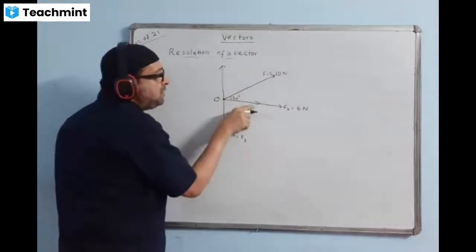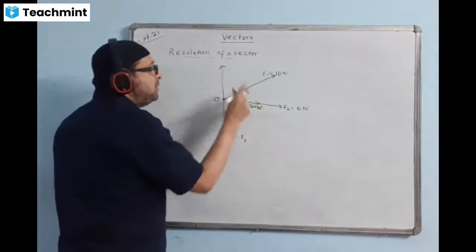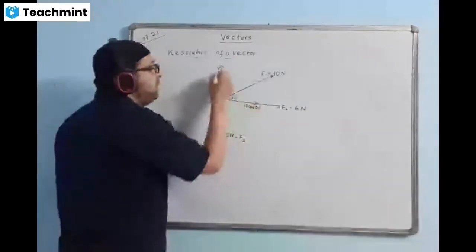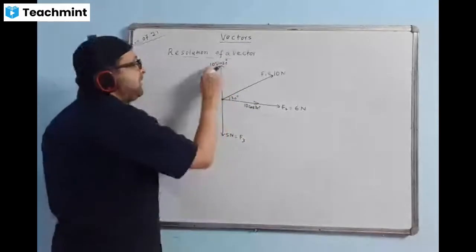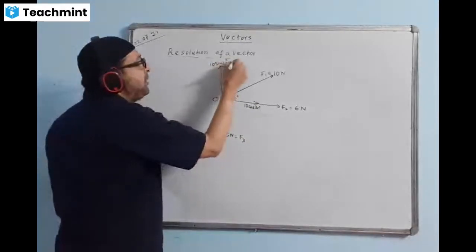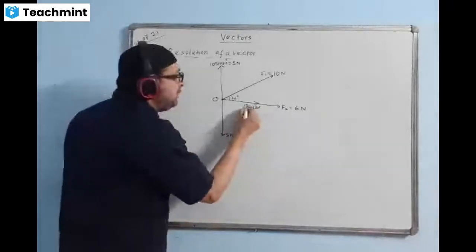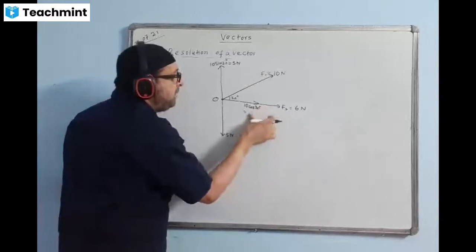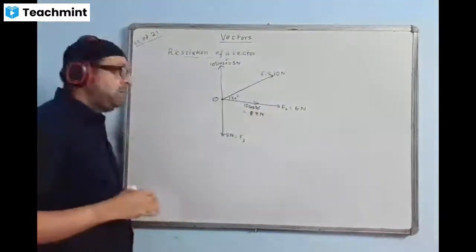This component, where the angle is, is coming in cos form: 10 cos 30. Then this will be 10 sin 30. Take the 10 sin 30 value in the calculator, you can check it's coming 5. And the 10 cos 30 value is root 3 by 2 times 10. Please check the answer, this will come 8.66, so 8.7 after rounding off.